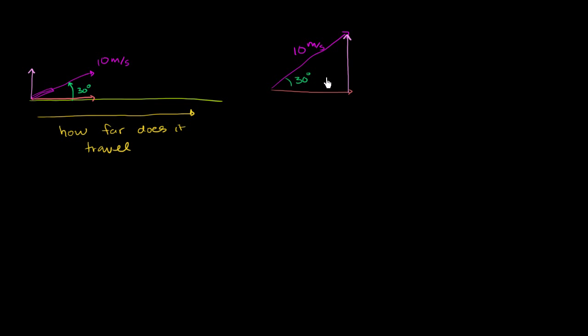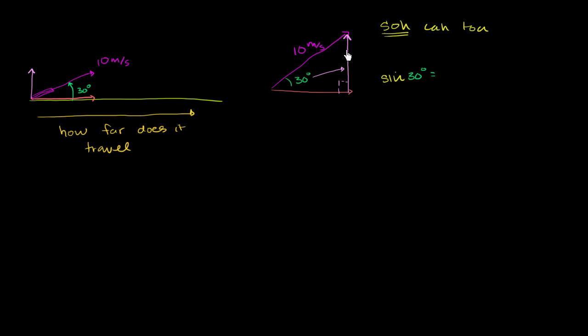So how do we figure out the vertical component, given that we know the hypotenuse of this right triangle, and we know this angle right over here? The length of that vertical component, or the magnitude of it, is opposite the angle. So we want to figure out the opposite. We have the hypotenuse. So once again, we write down SOHCAHTOA. Sine is opposite over hypotenuse. So we know that the sine of 30 degrees